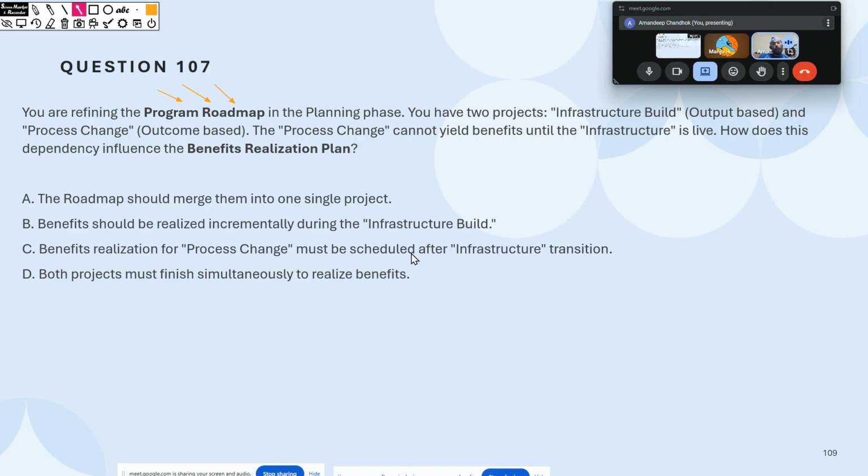Now, will you only use the program roadmap? You might use 100 other tools also. But according to the standard, the program roadmap gives you a single representation of all of it at a summary level. That is what the program roadmap is for. They will normally confuse us with such kinds of scenarios. And that's the reason I'm putting these questions up, so that you think it through.